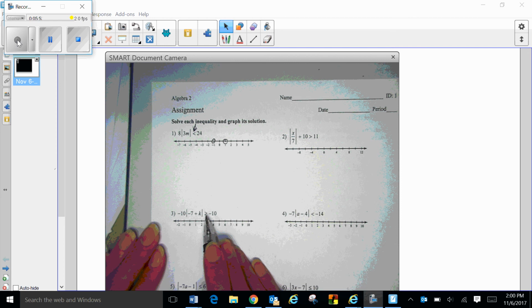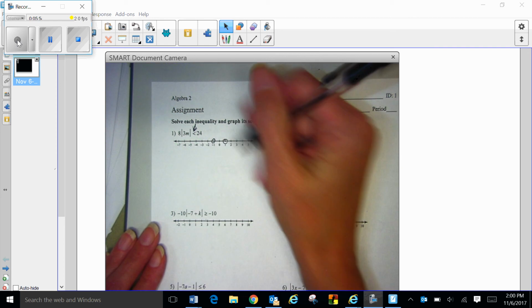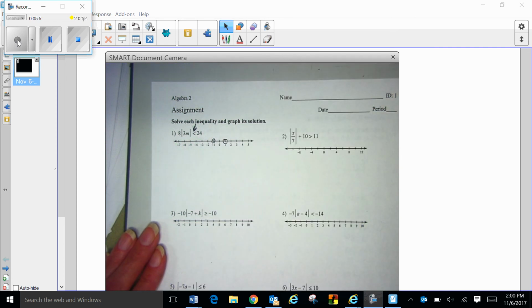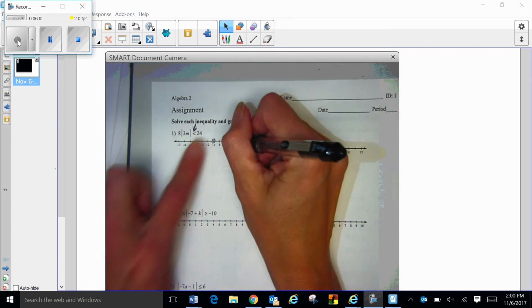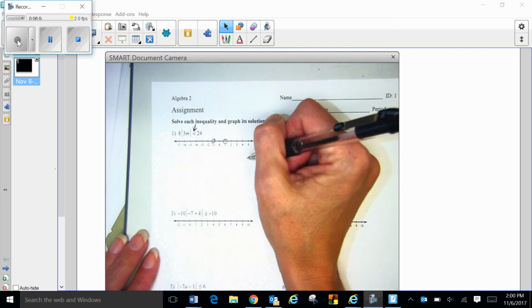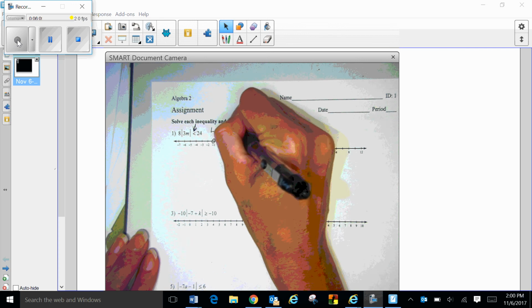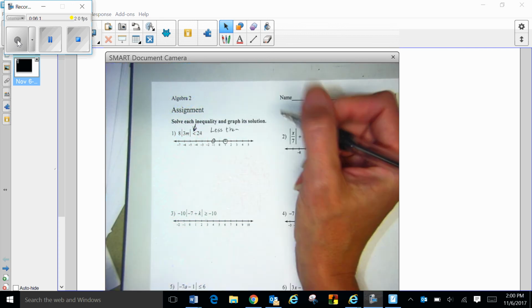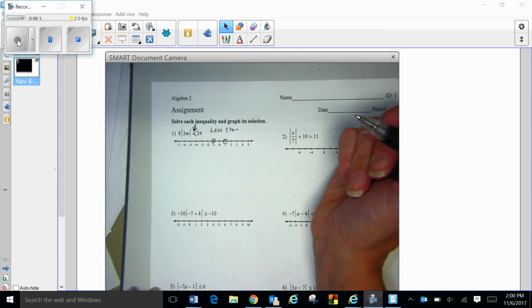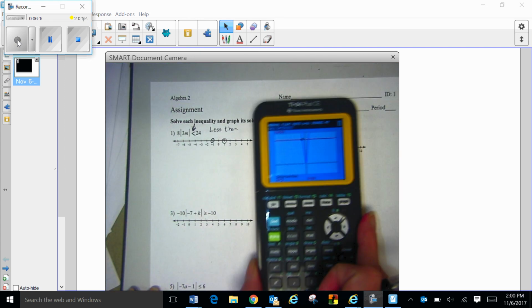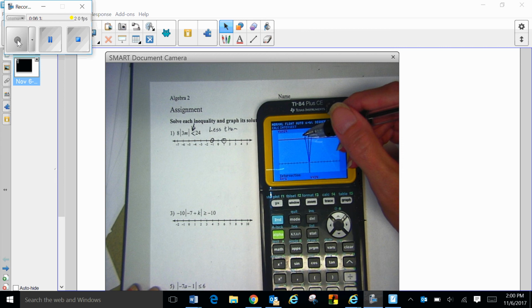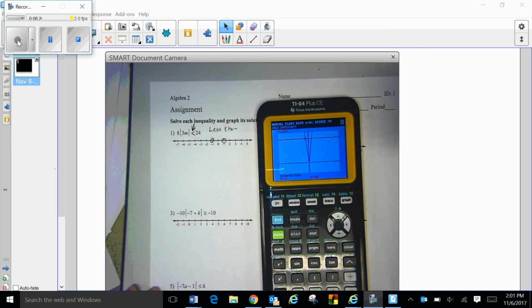Last thing we need to know is, should we highlight between the two dots or going outward from the two dots? Well, this says less than. Less than looks like an L that's been squashed, right? Take an L, squash it, you get the less than sign. If we need less than, where is the blue less than the red? Well, in the middle, the blue is less than the red. On the ends, it's higher than the red. So for this case, we're going to highlight between the two dots